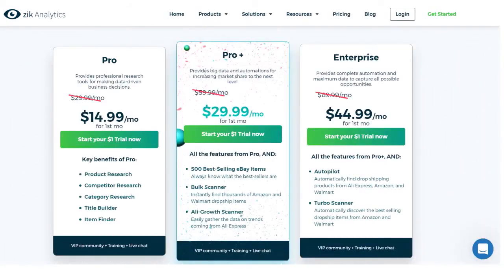In terms of pricing, you can see on the screen right now. So they have a starter plan, they have a standard plan, and they have an enterprise plan. This is really good. One thing I want to say also before closing on ZIK Analytics is that they have